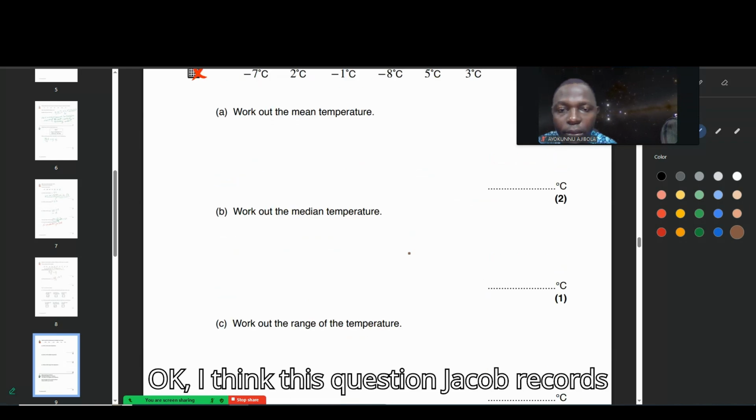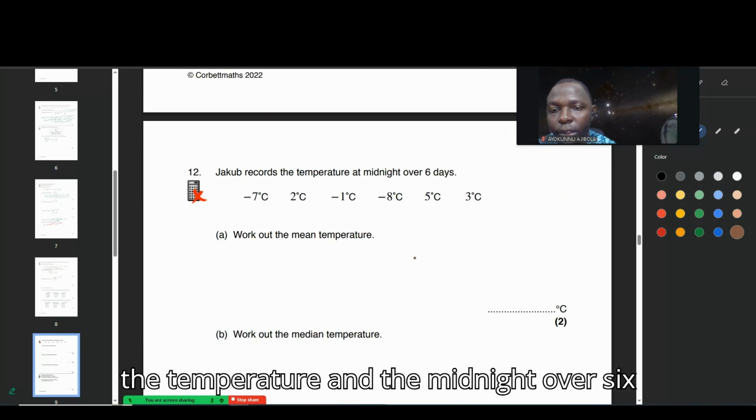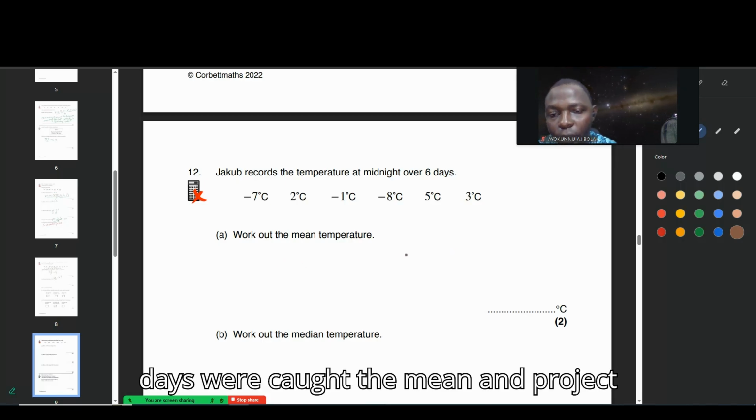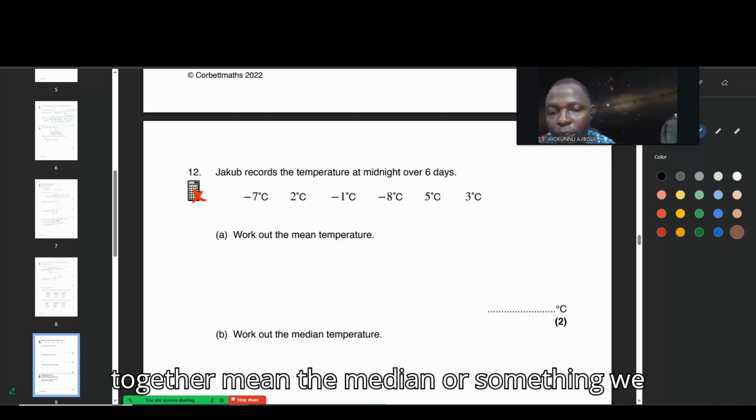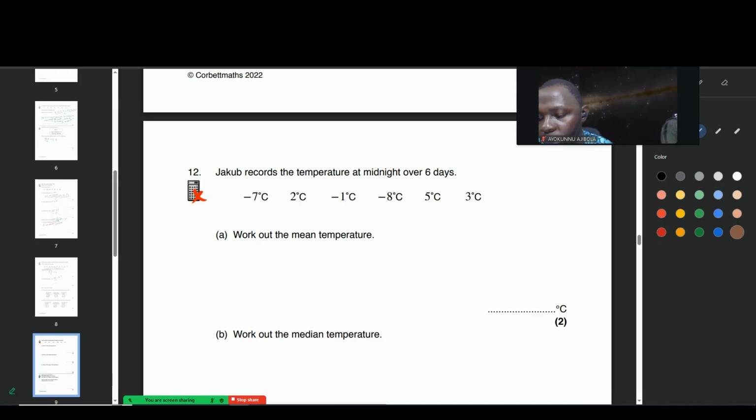Okay, I think this question. Jacob records the temperature at midnight over 6 days. Work out the mean temperature. To get the mean, the median or something, we need to, okay,